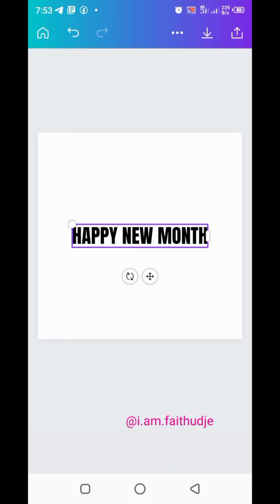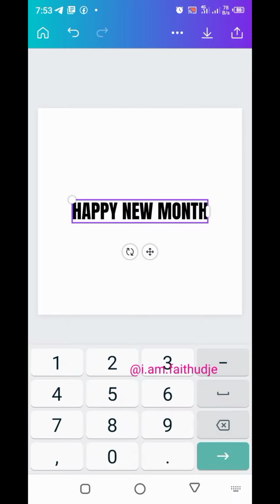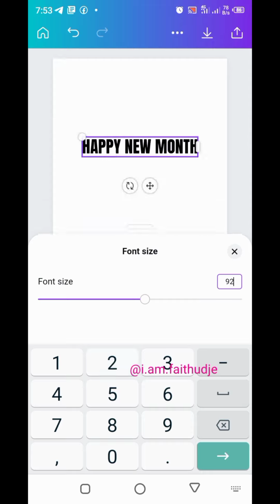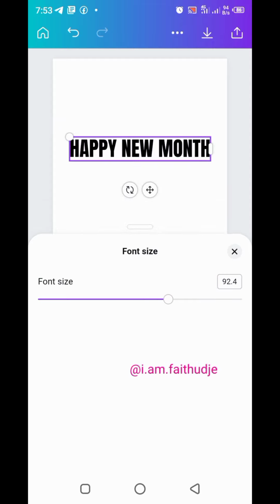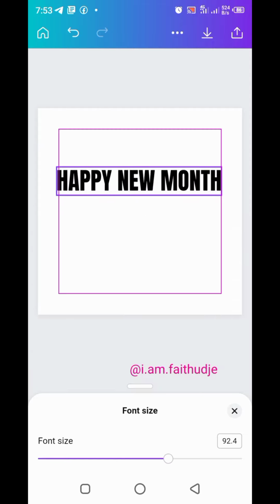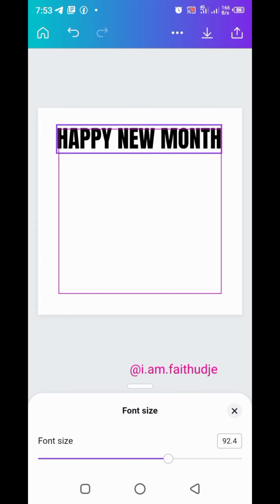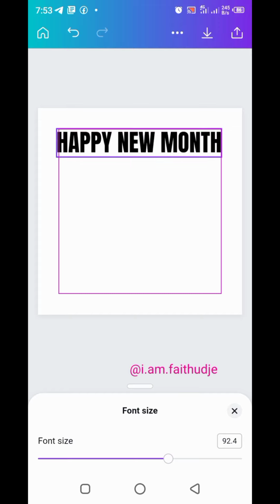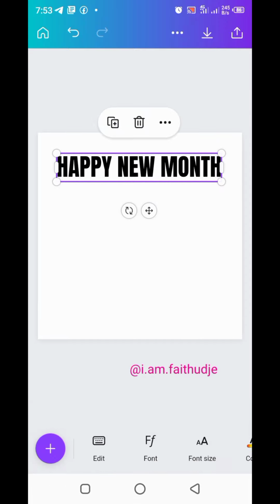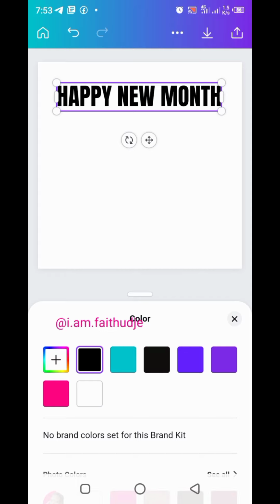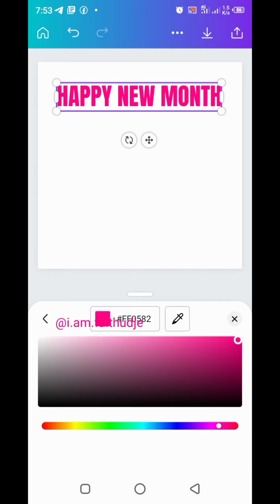So now I'm just going to use the format size I use. So I used 92.4. So I'm just going to change it to that. So when I'm done, I'm going to move it up. So I'll move it here. I also want to make sure it's in the middle. So I'll change the color to pink. So I'll change it to dark pink. So this is the pink